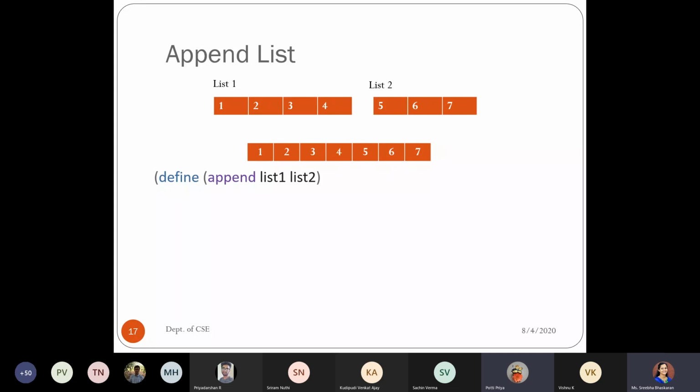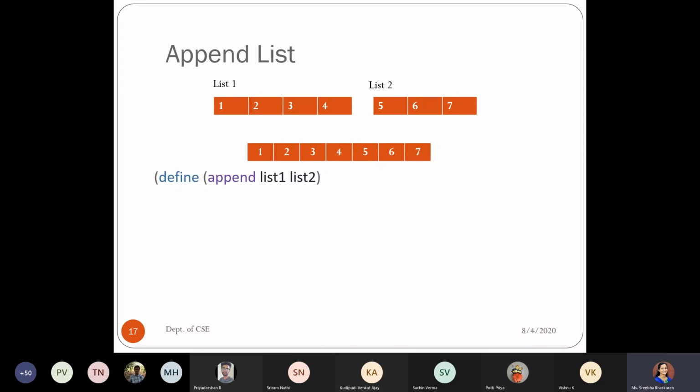So what we have to do, in the previous examples, whatever we have done, we didn't want the values, but in this case, we have to keep track of the values, whatever you had in list 1. So 1, 2, 3 and 4 have to be kept along with us. Yes, so we need to do cons repeatedly from the first element, no, ma'am. I can only think of that possibility. Yes, we have to have cons.